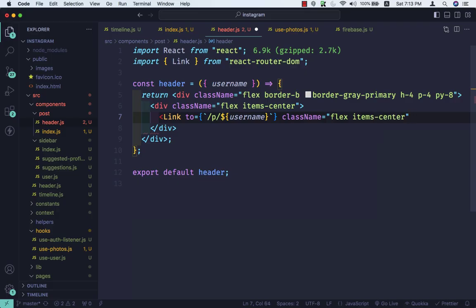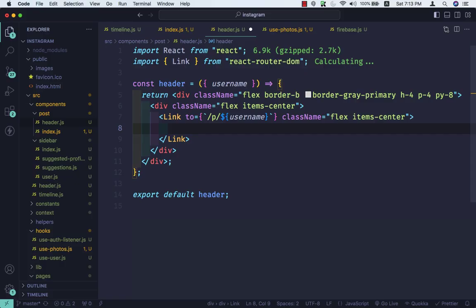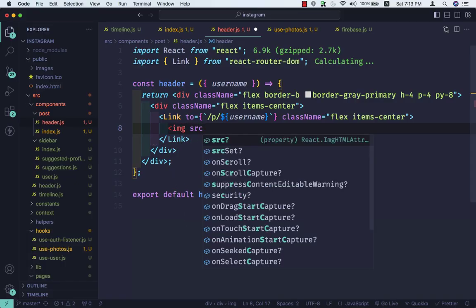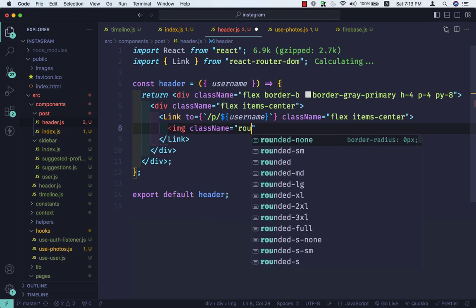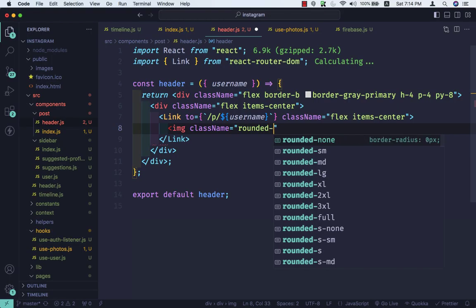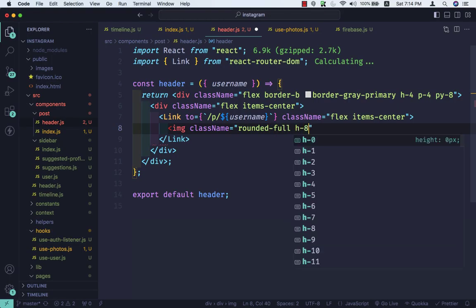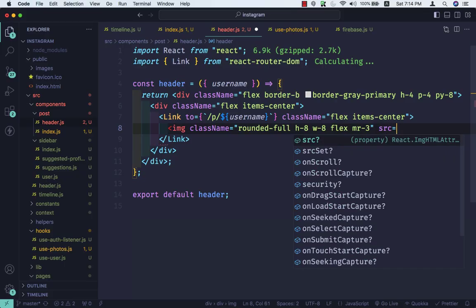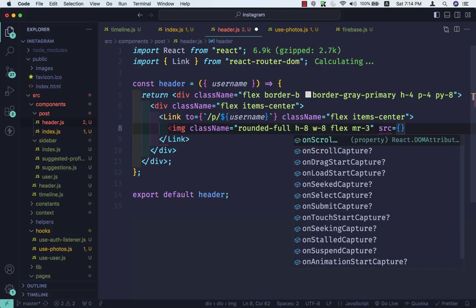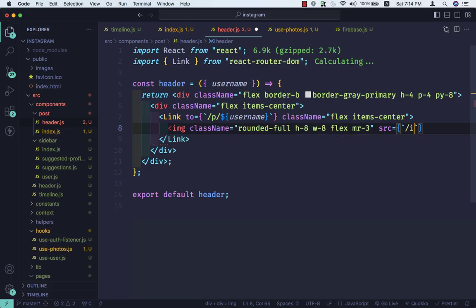Okay, and let me just close the link tag, and inside the link tag I'll be taking an image tag. So image source. First let's add the class name, then I'll take the source. So class name that is going to be rounded-full, height will be 8, width will be 8, flex, margin right that is going to be 3, and then I'll take an src that is going to be curly braces, backtick, /images